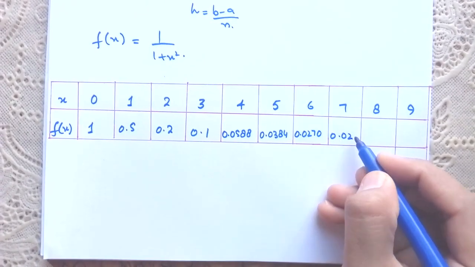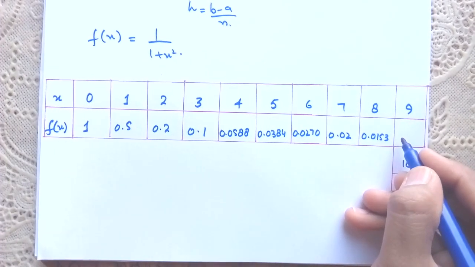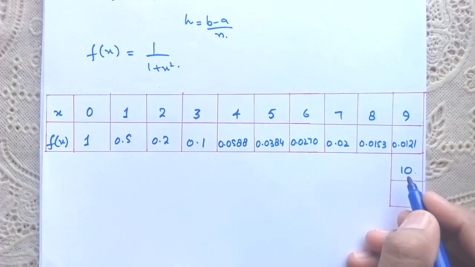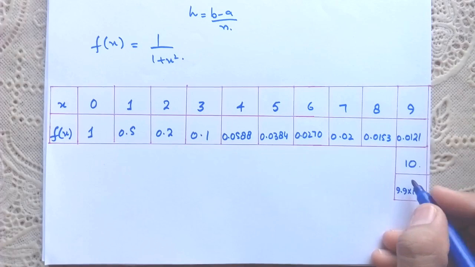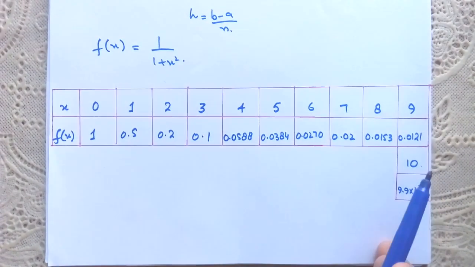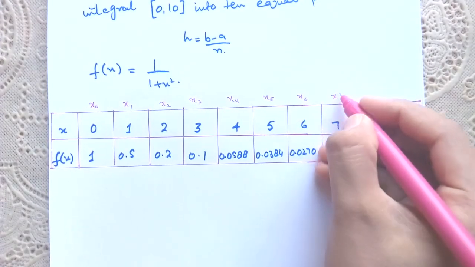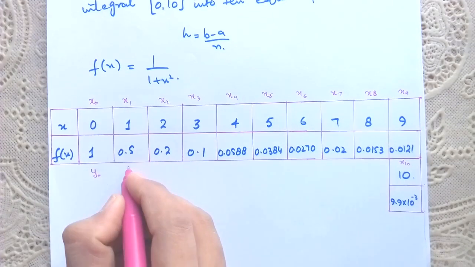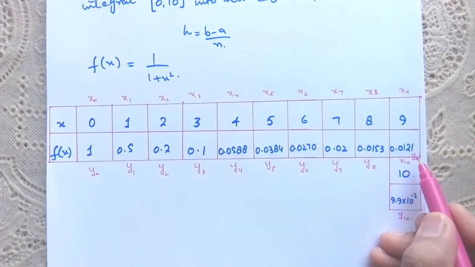और 7 पर होगी 0.02, 8 पर 0.0153 एंड 9 पर 0.0121 और 10 पर वैल्यू है 9.9 इंटू 10⁻³ राइट। तो ये है वैल्यूज़ ऑफ द फंक्शन एट x इज इक्वल टू 0 to 10। सो ये है x0, x1, x2, x3, x4, x5, x6, x7, x8, x9 एंड x10, राइट। और इसके कॉरस्पॉन्डिंग जो y की वैल्यू है वो y0, y1, y2, y3, y4, y5, y6, y7, y8, ये है y9 और ये है y10,